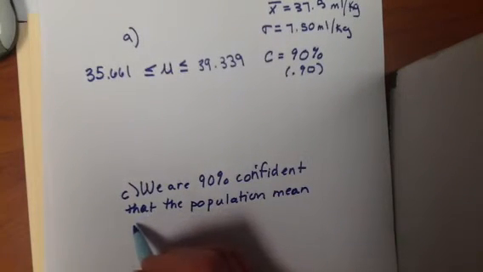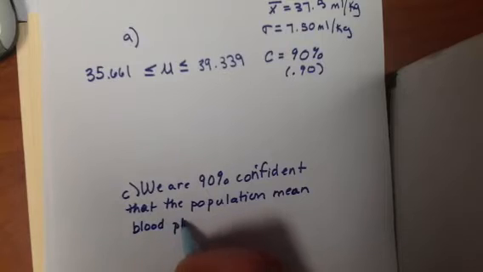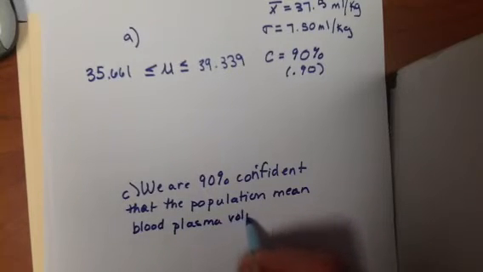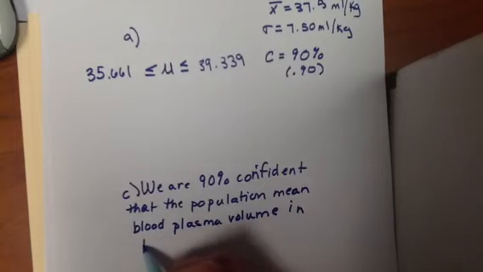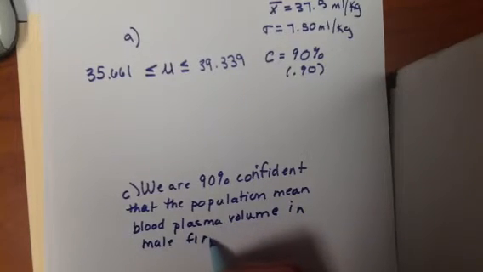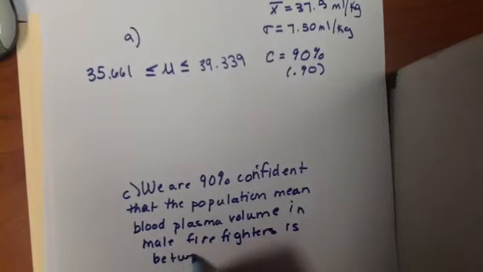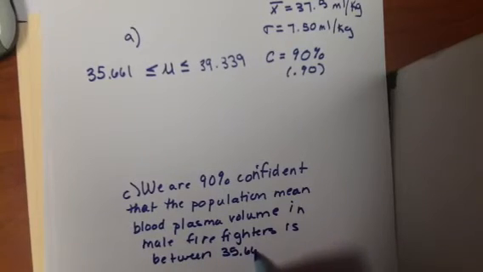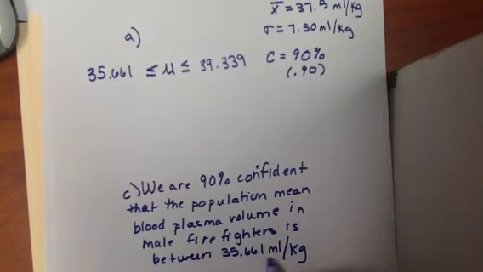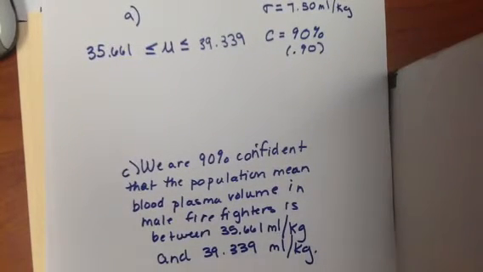So that the population mean blood plasma volume in male firefighters is between 35.661, and this is important where you show the units, milliliters per kilogram. I will be specifically particular about that. And 39.339 milliliters per kilogram. So remember what the confidence interval is saying is if we took 100 samples of size